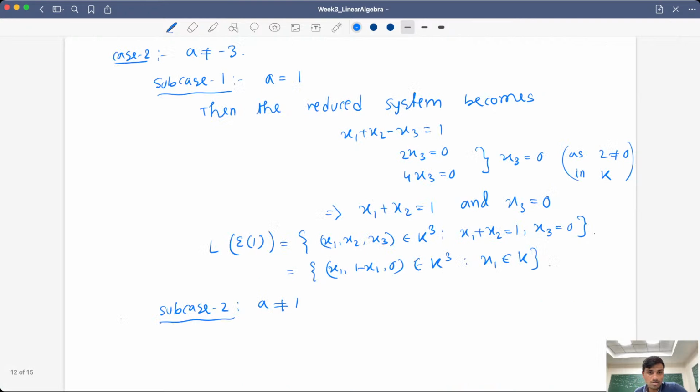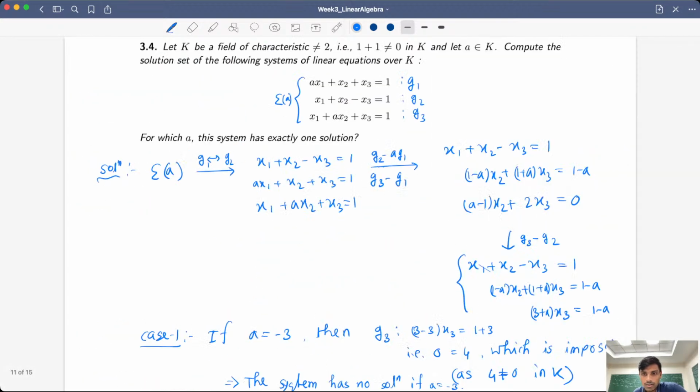So let's do this one, a not equal to 1, so we can reduce the system further to this one, that x1 plus x2 minus x3 equal to 1, and this I can divide also by